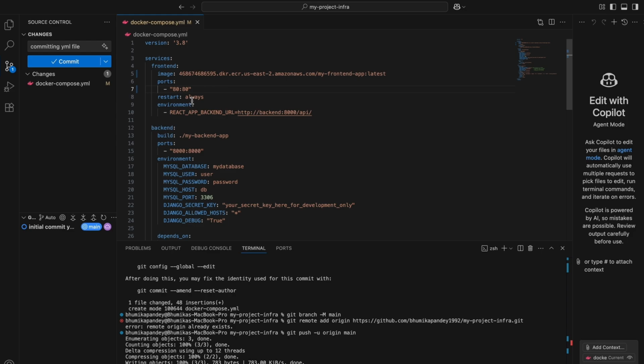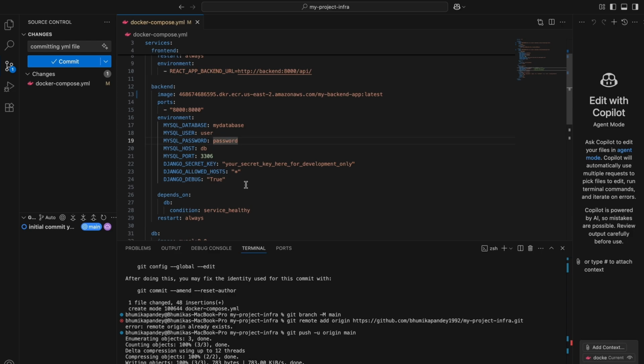The environment is React backend, and the URL is still going to be the same, because this is still going to be the service name within the Docker Compose network, right? So this is fine. And then in the backend also, rather than build, we have to use the image from the ECR repository. So here let's just copy the AWS account ID and also the region. Then port is fine, and these things are fine as well, but here we need to create a Django secret